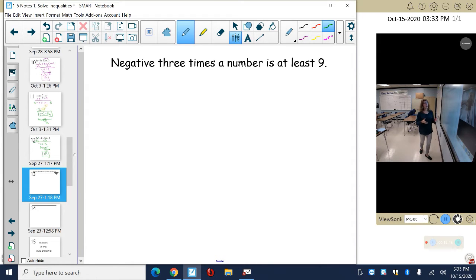Okay, now I want you guys to actually read the words, come up with a statement, and then solve it. So how do I go about that? -3 times a number. So -3 times means multiplication. A number, I don't know what it is, so it's going to be x, is at least 9. What does the keywords at least mean? Does that mean it can be bigger, or can it be smaller? Well, I like to think of it as driver's license because that's where you guys all do really well. You have to be at least 16 to get your driver's license. Can you be older? Yes. Can you be younger? No. So if I'm at least 9, I can't be 8, but I can be 10, so that means I'm greater than